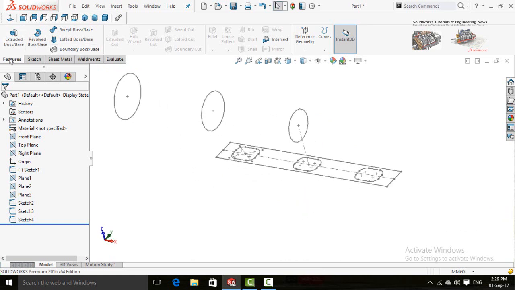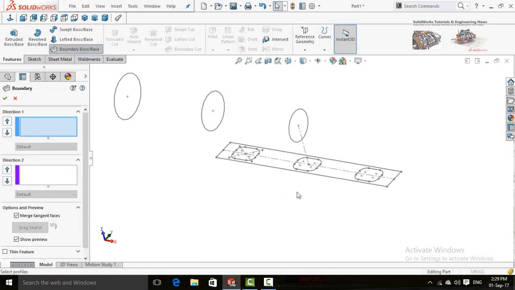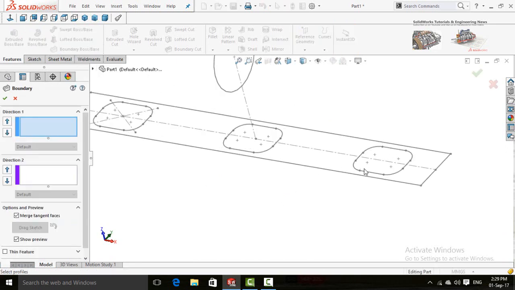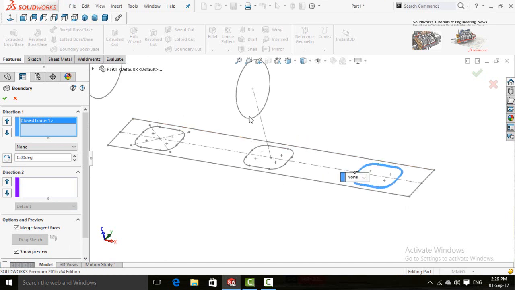At the moment, in the Features tab, click on Boundary Boss Base command. Select this line and then check this box, select Closed Loop. Press OK button. Now click on this circle.